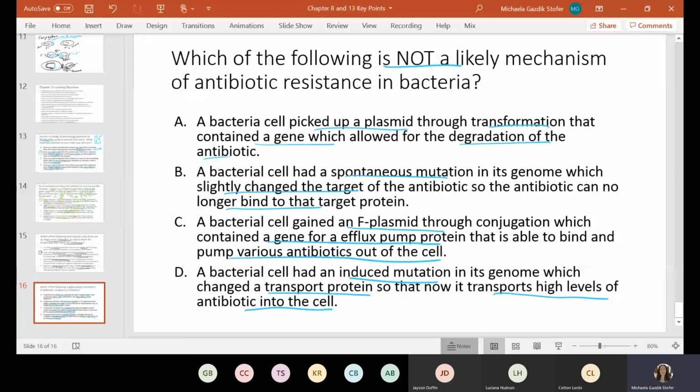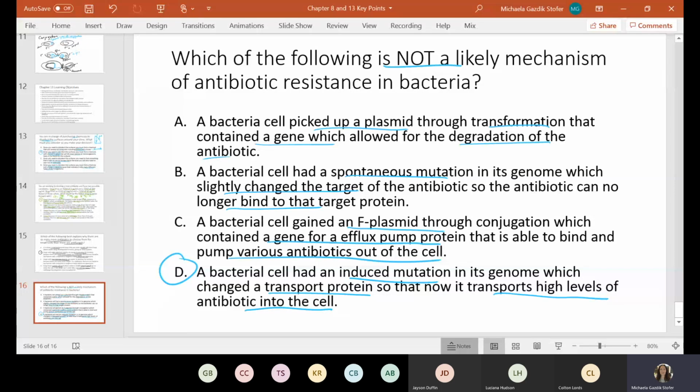Good. So I see lots of D's showing up there. So when we talk about antibiotic resistance, there's three main ways bacteria can be resistant to antibiotics. They can either degrade or modify the antibiotic itself so it no longer functions. They can change the amount of antibiotic getting into the cell, and that is either by preventing it from entering or pumping it out as fast as it comes in,